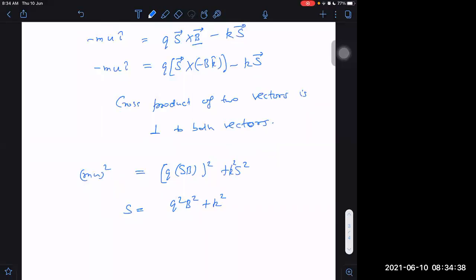And this will go to the denominator, and mu square will come in the numerator. Divide and take the root. This is the answer. If you have Pathfinder, you can check it there. I'm sure about it. But anyway, I want to do it better. I don't just want to find the magnitude, I want to find it with proper sign, the direction.